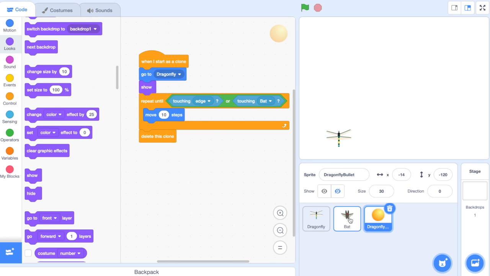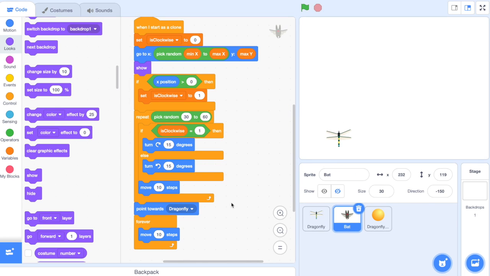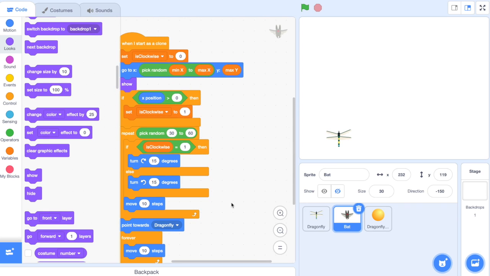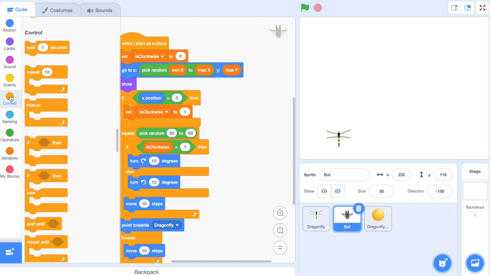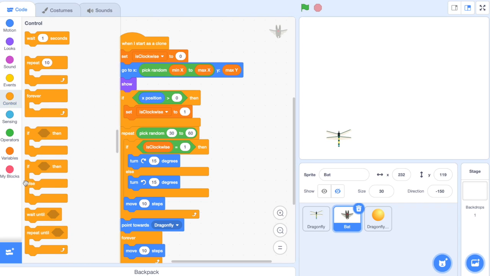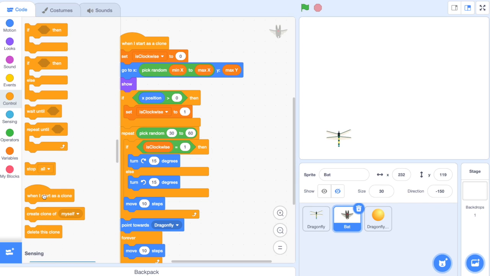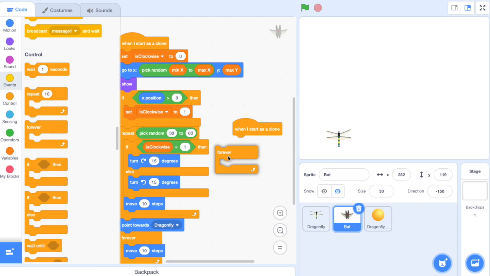So let's click on the bats and add a new block here. On the left hand side, click on Control, scroll down and choose the when I start as a clone. Now if you look at the left hand side of the code, this block of code is used to control the movement of the bats. On the right hand side, I want to start a new block which controls the life cycle of the bats. So let's add the forever loop there